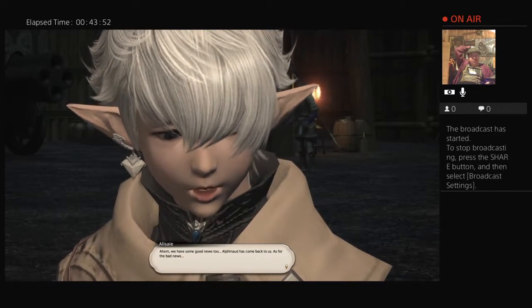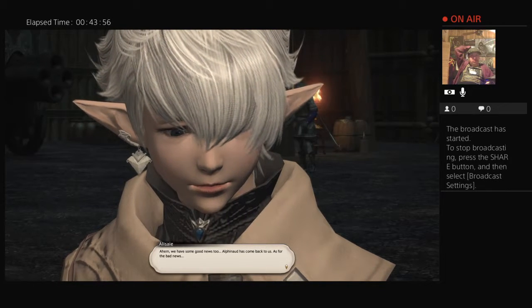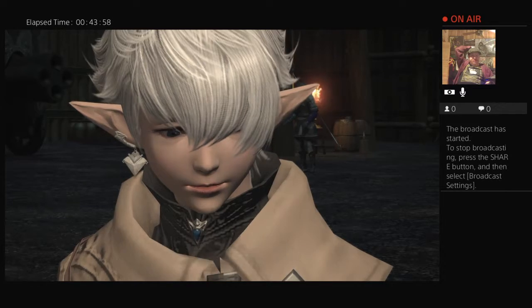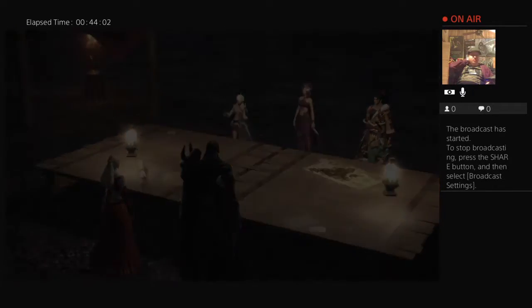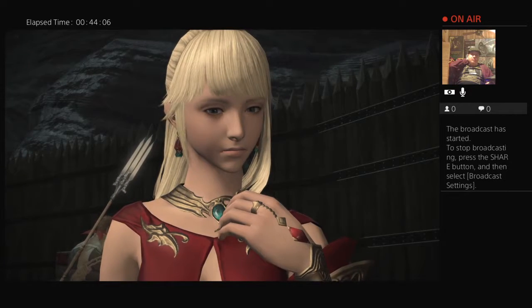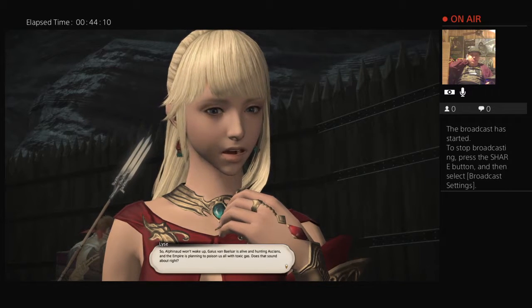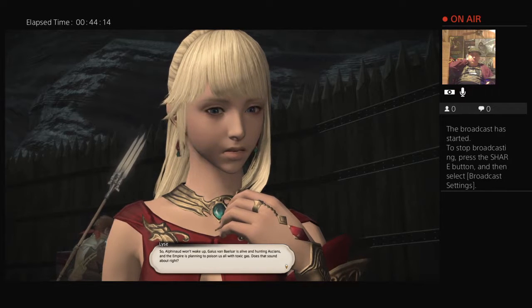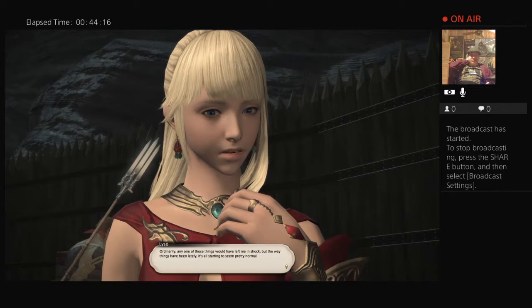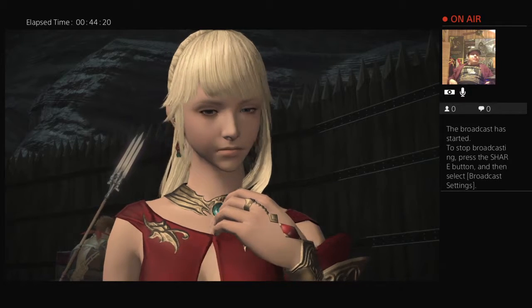We have some good news too. Alphinaud has come back to us. As for the bad news... He's like the others. So, Alphinaud won't wake up. Gaius van Baelsar is alive and hunting Ascians, and the Empire is planning to poison us all with toxic gas. Ordinarily, any one of those things would have left me in shock. But the way things have been lately...